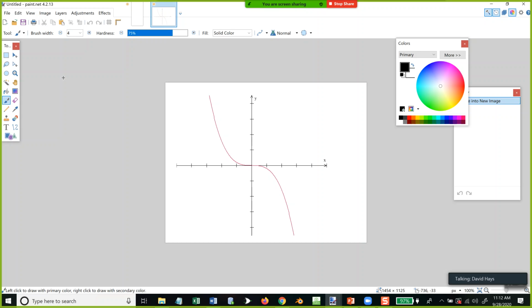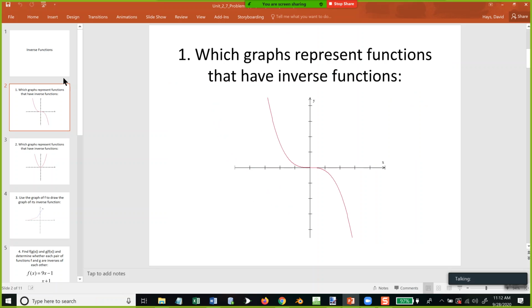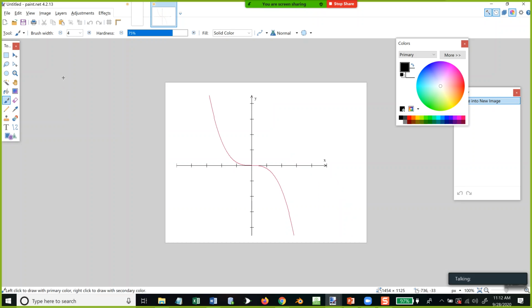And the question is, which graphs represent functions that have inverse functions? So they're wondering if it represents an inverse function. Or that have inverse functions, I should say. Well, it's a function. The question is